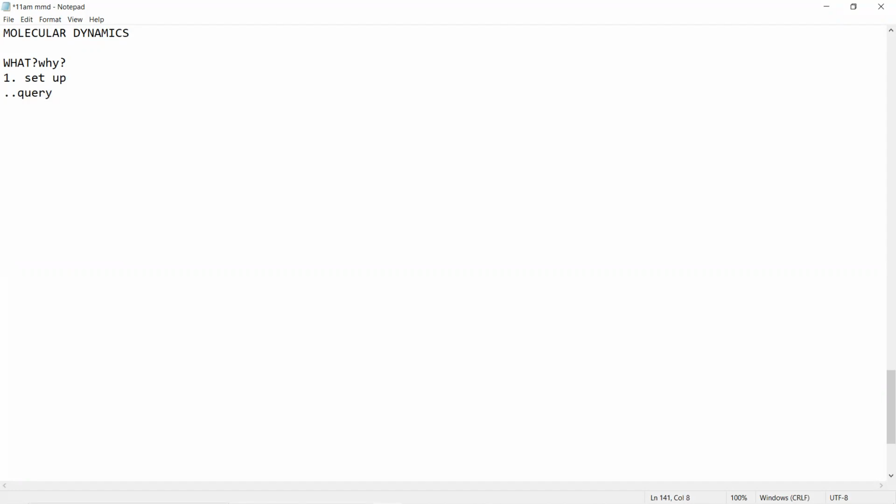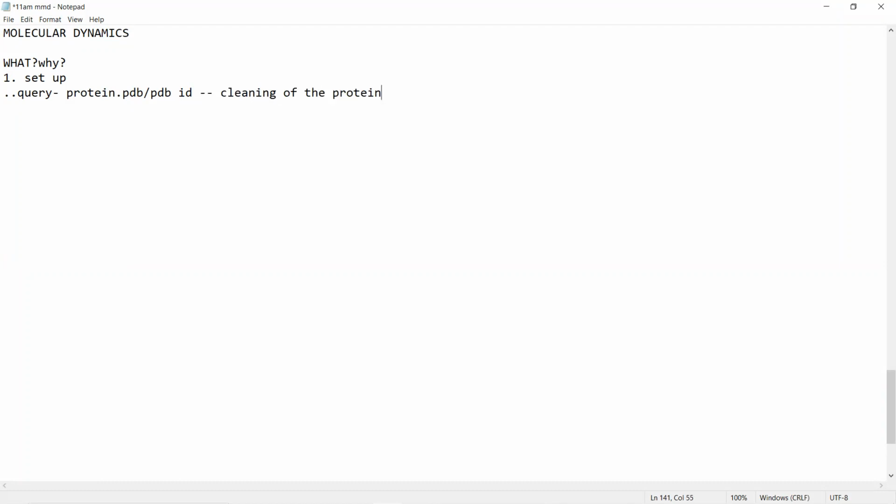Now this setup basically involves something related to the query. And as discussed, query is nothing but the protein, or protein ligand, or whatever entity you are working on. This simulation class will be dedicated to protein only in water. That is why I'm saying my query will be either a protein.pdb file or a PDB file taken from the PDB database. That means we are using a PDB ID.